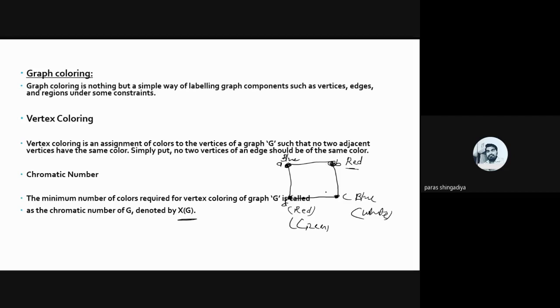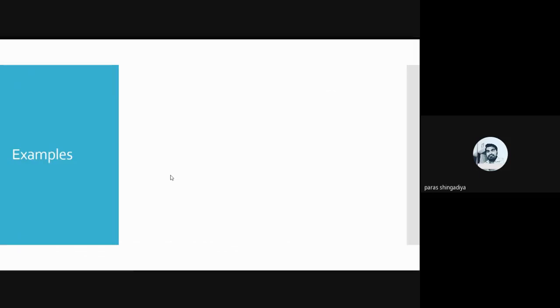So what is the chromatic number of this graph? We have to use the minimum possible number of colors. So what will the minimum be here? Blue, and opposite C I also fill blue color, and here red and red. So the chromatic number of this graph is equal to 2. Done. Now, the chromatic number for a null graph, and for a graph which is not a null graph, is greater than or equal to 2. Let us check in this example.